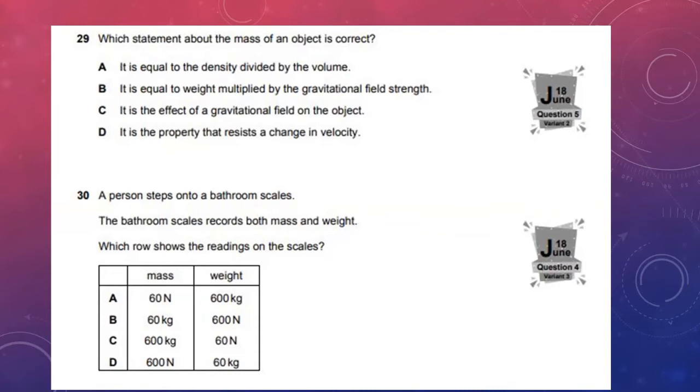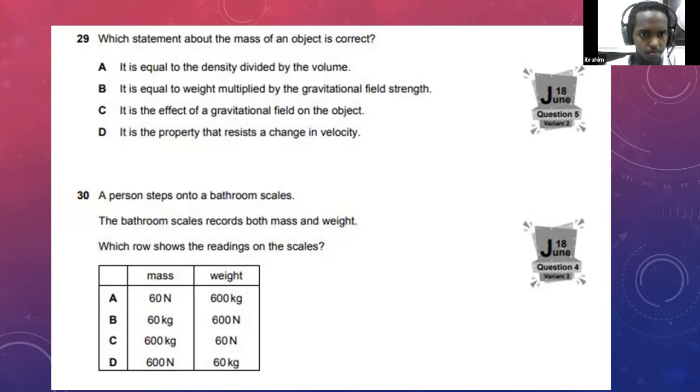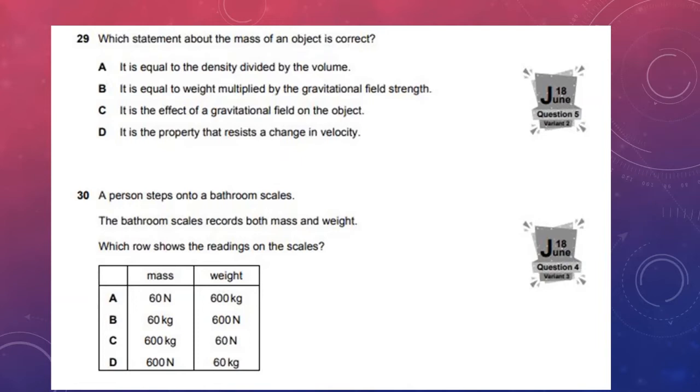Okay. You said the mass of an object equals the weight multiplied by the gravity strength. No, this is wrong. Can I answer? Ahmed? Yes, D. The property that resists a change in velocity. Of course, D. Why? Because according to this relation,